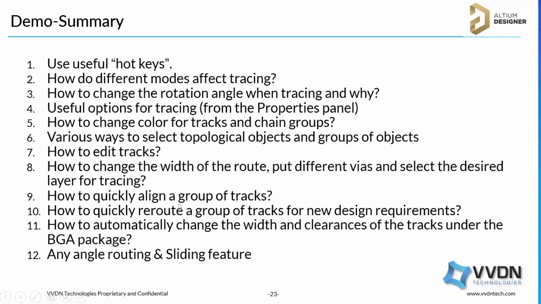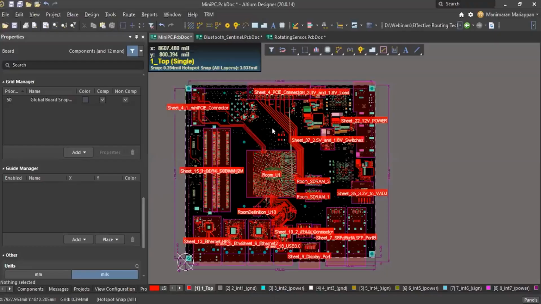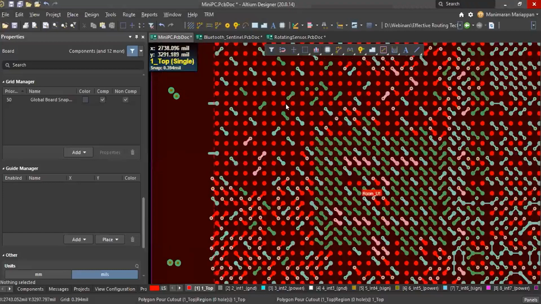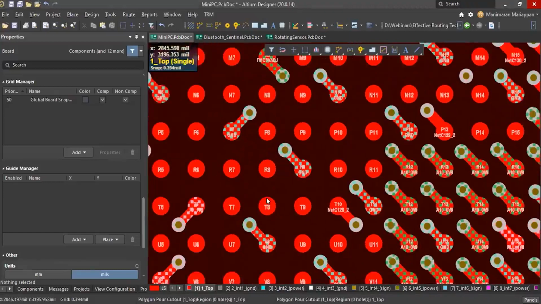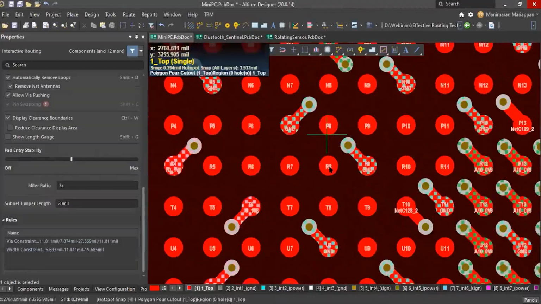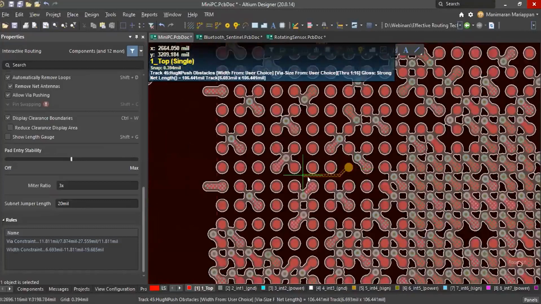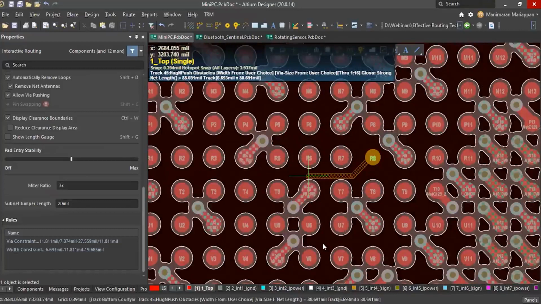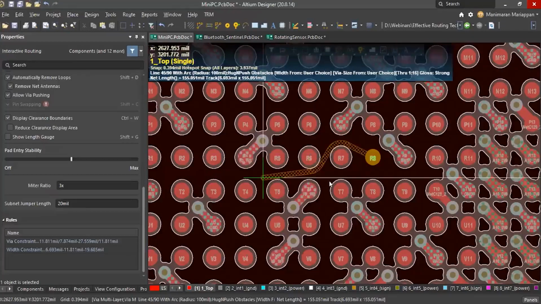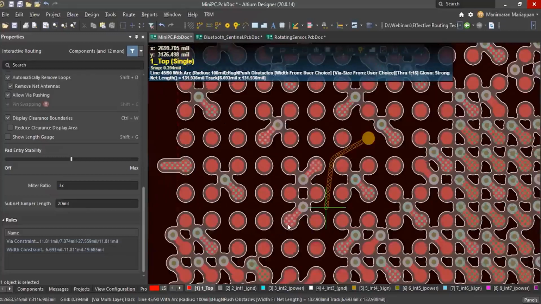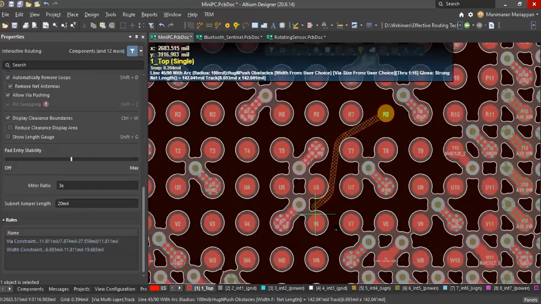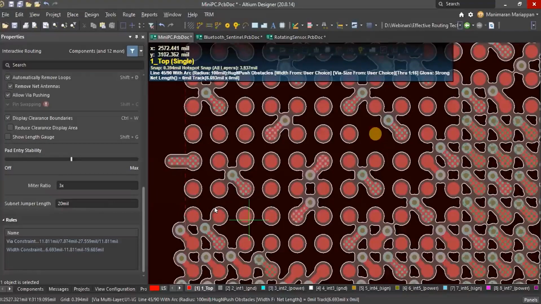Let's see. Okay, I'll just show you this. So here I'll just show you the any angle routing. Okay, for example, I'm taking this as, this is degree. Okay. Instead, if you switch to the, so here you have enough space.